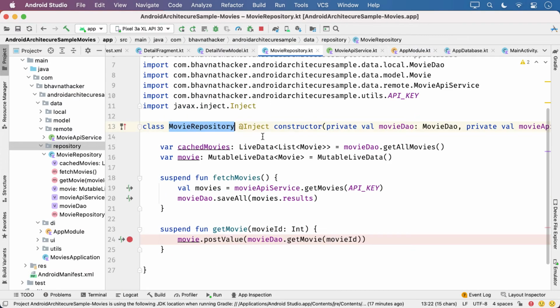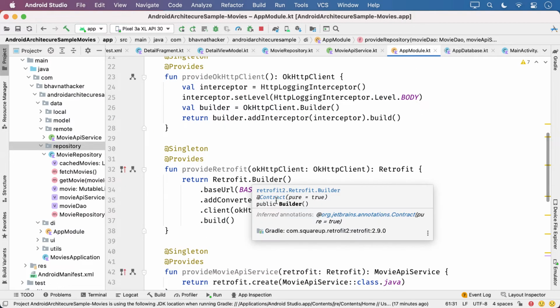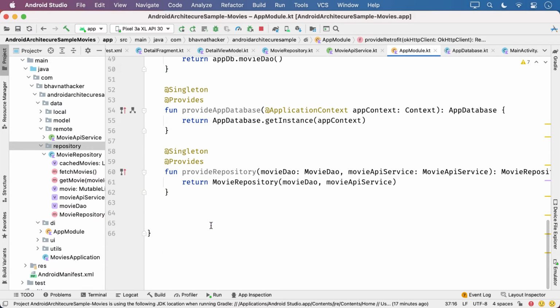So whenever somebody needs movie repository, instead of injecting manually, you can automatically get it because you added its entry here. So now who needs repository?